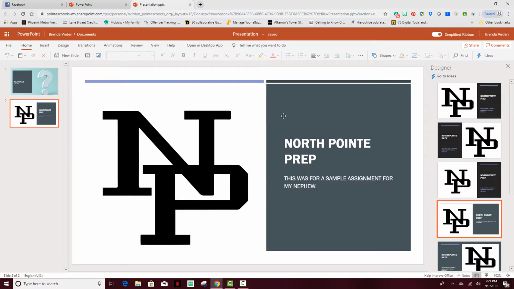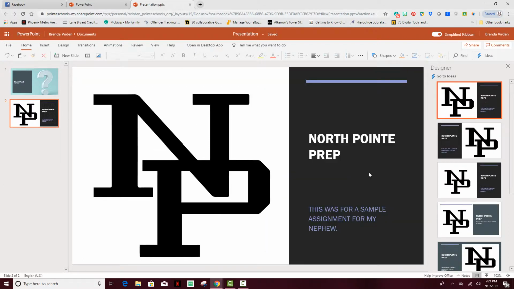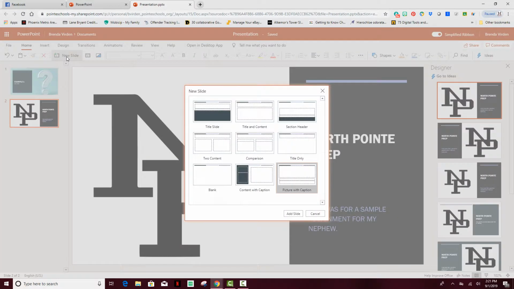because I like that greenish color. So in the background, I'm going to keep that, and it's going to change it to white so that it pops off of the page. Or you can use this one up here, and it really pops off. Okay, so you're just going to keep adding new